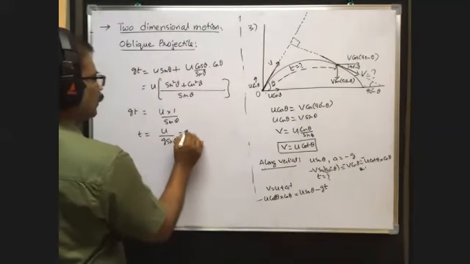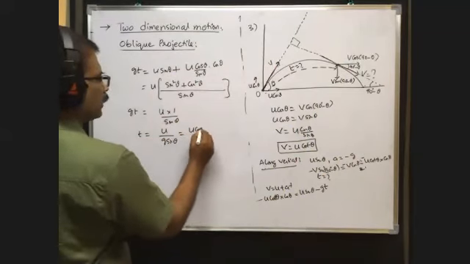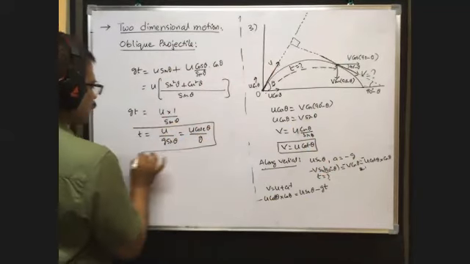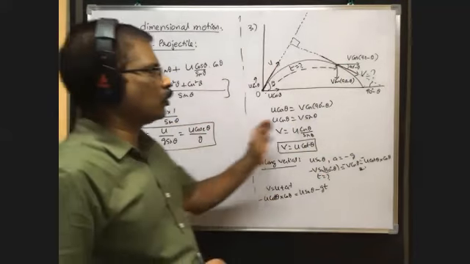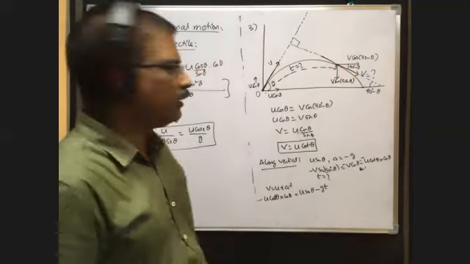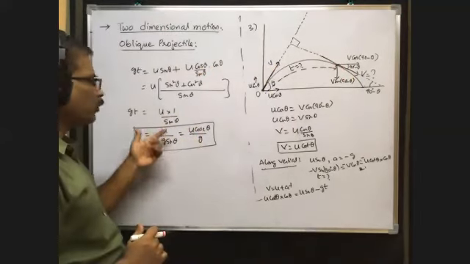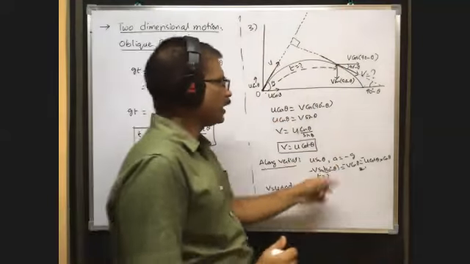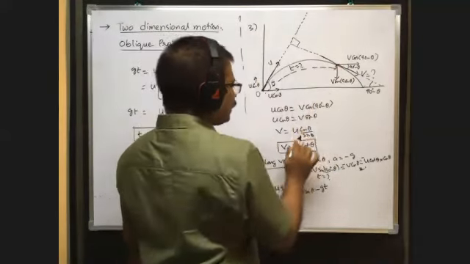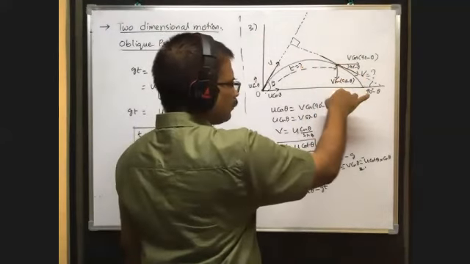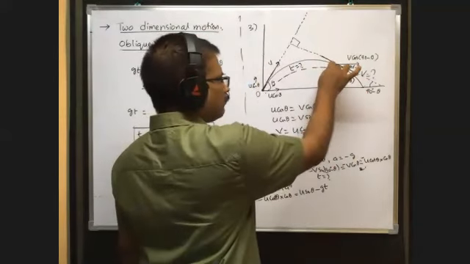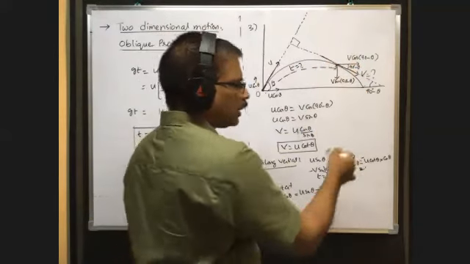We can write it as u into 1 by sin theta, which means cosecant theta, by g. This is the time after the oblique projectile is thrown that its direction of velocity becomes perpendicular to the initial direction of motion. Here why I have taken minus: initial velocity here is u sin theta upwards, whereas after t seconds velocity is in downwards direction. Compared with initial direction of motion, final velocity along vertical direction is downwards, means opposite. That's why we had to put minus sign.